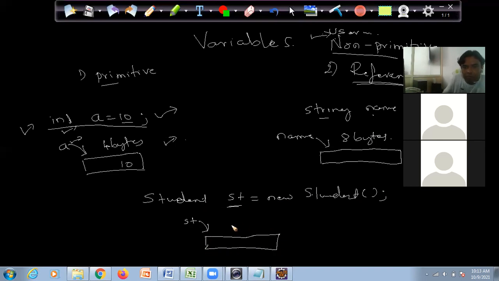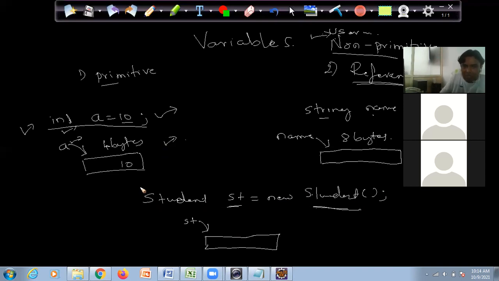It depends on the number of objects, or the properties the object contains, and depending on that, memory will be allocated, you are saying, right?